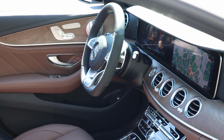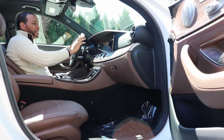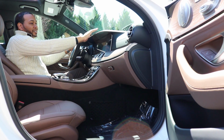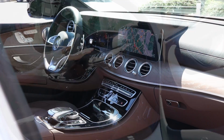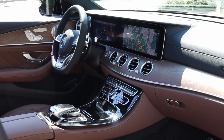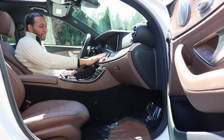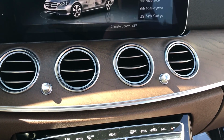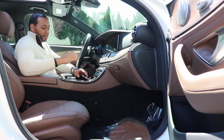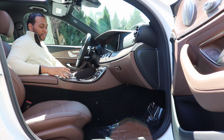So let's start off with the top of the dash and work our way down the center console first. At the top of the dash, you have black stitching to go with the black leather, a nice size 12.3-inch display to cover the car's different functions and settings, and coming further down, 4 air conditioning vents, and again, that brown ashwood trim, which looks terrific. You have controls for your air conditioning, 2 cup holders, and then an assortment of buttons here to control the